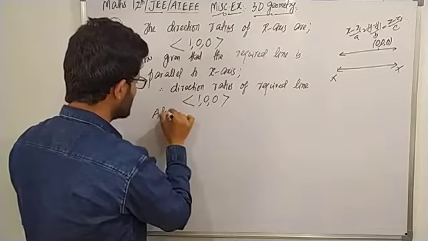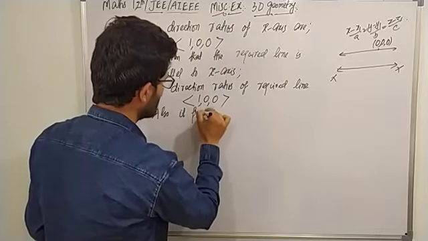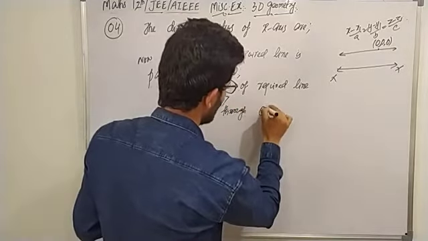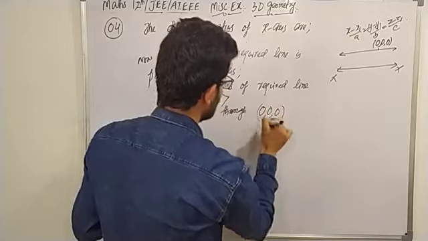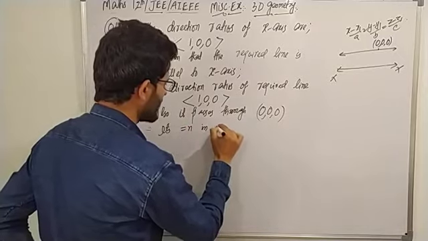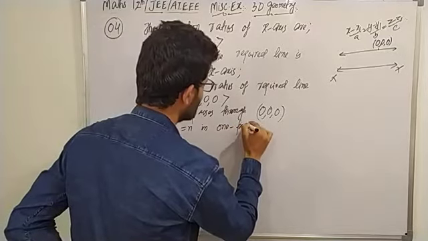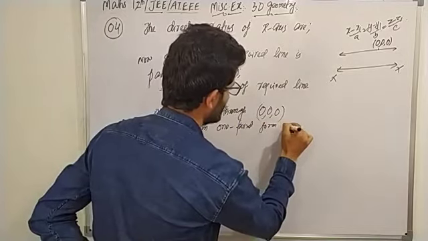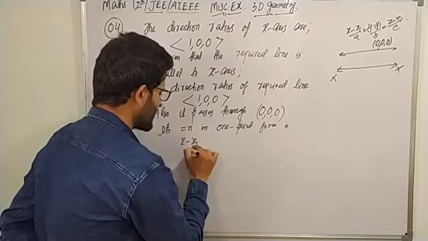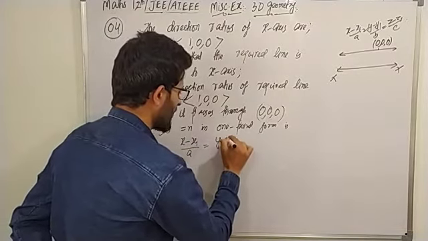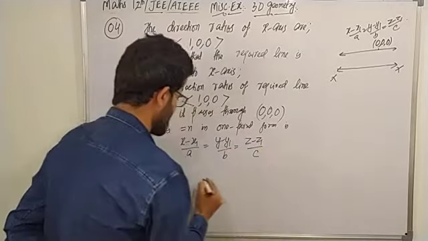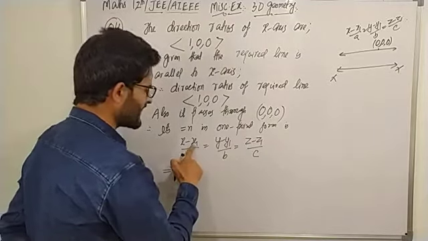आल्सो इट पासेस थ्रू, ये पास हो रहा है किसमें से? ऑरिजिन 0 0 0. देयरफॉर इट्स इक्वेशन इन वन पॉइंट फॉर्म इज क्या होती है? One point form of equation of line x minus x1 by a equal to y minus y1 by b and that's equal to z minus z1 divided by c, which implies x minus x1 is the x coordinate of the